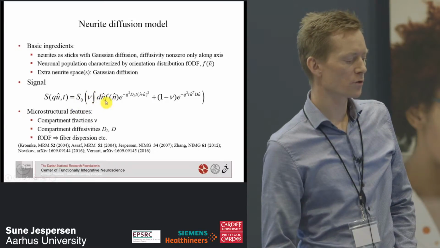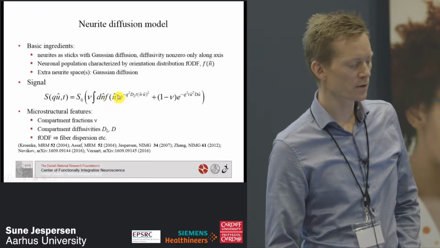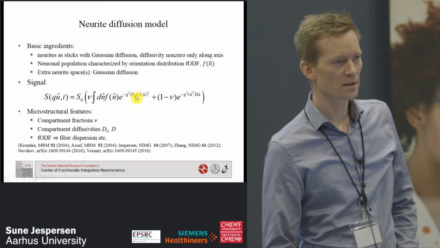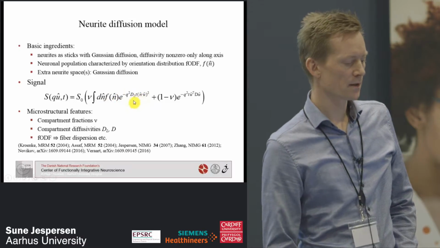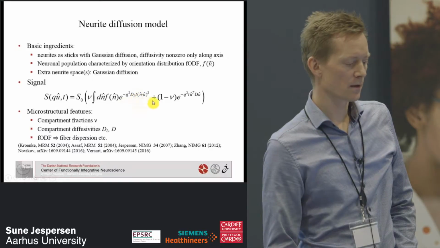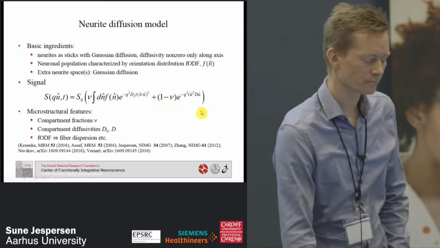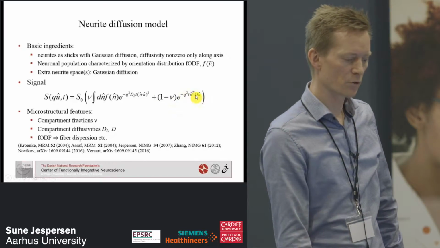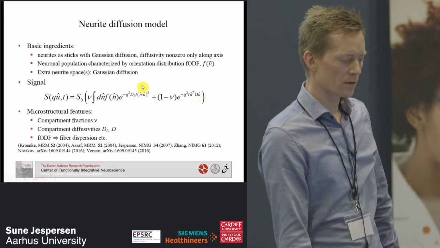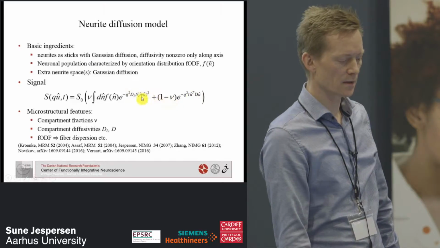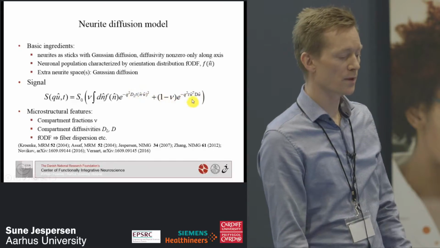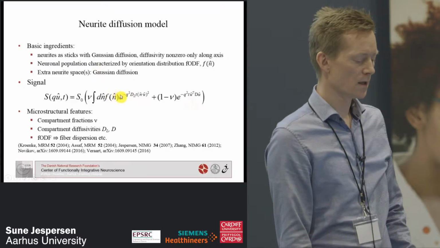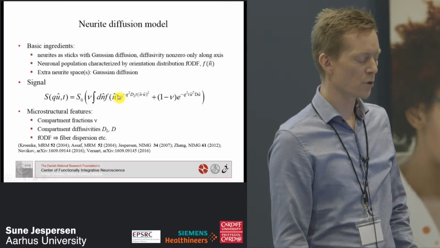And then we have a convolution over the fiber orientation distribution function with the kernel, so the signal from each individual neurite here. And then we have, plus, the signal from the rest, basically. And here we have a diffusion tensor for that term. And you could also imagine including this part within the convolution itself, which is arguably more appropriate for white